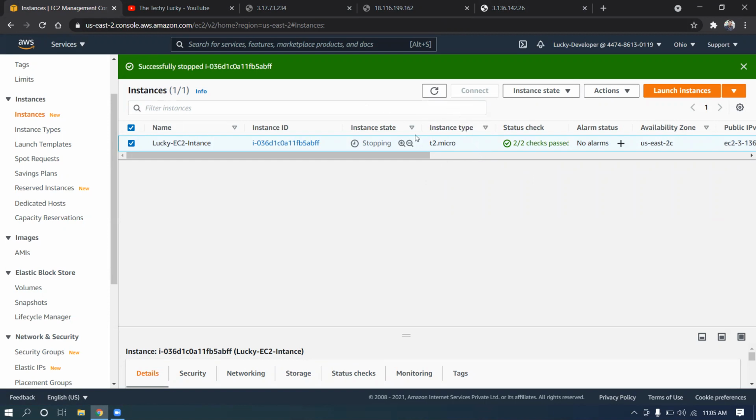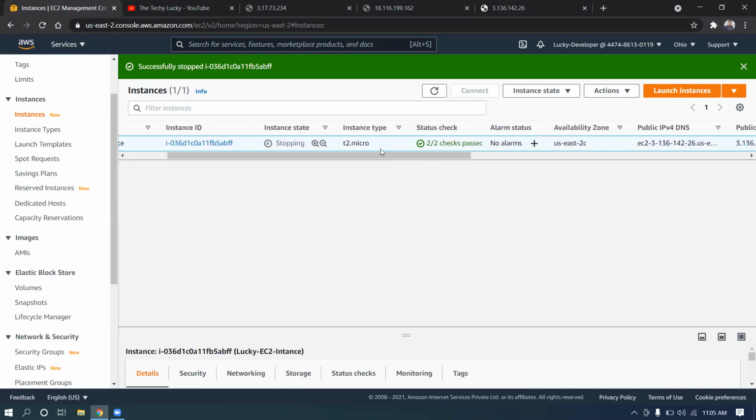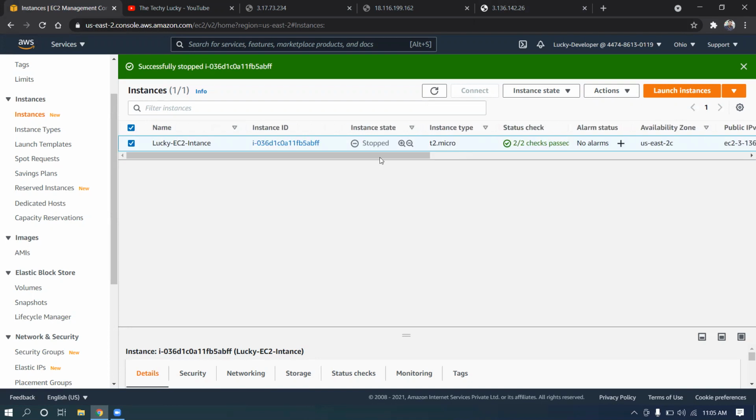And even it's a stable instance where the credit things come into the picture. Whenever your EC2 instance is idle, your credits are being accumulated as part of your EC2 account. Once you have the credits, and once you make it up and running, your credit will be utilized. Okay, this is the status of your EC2 instance. So you are able to see it has been stopped now.